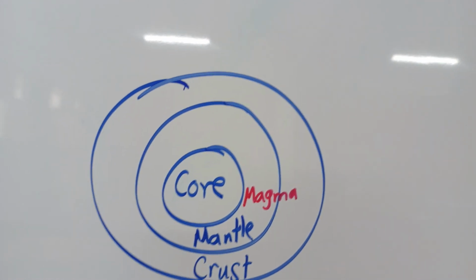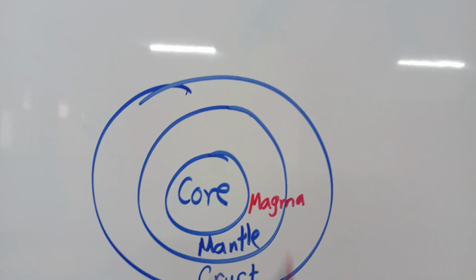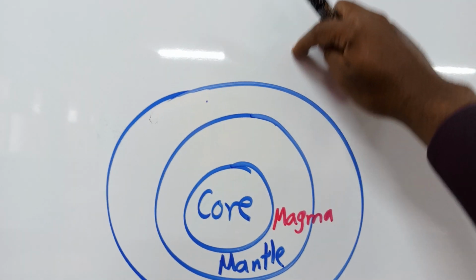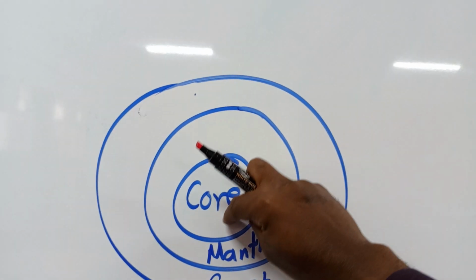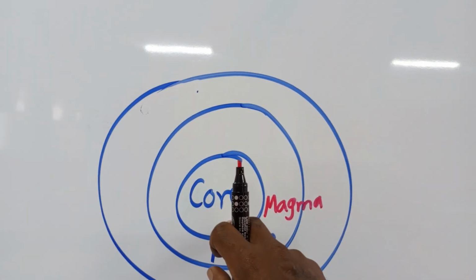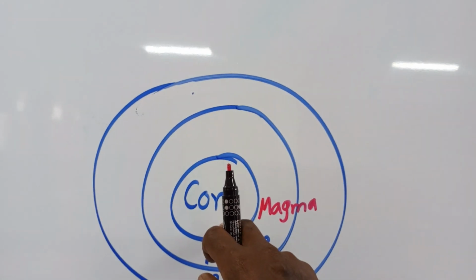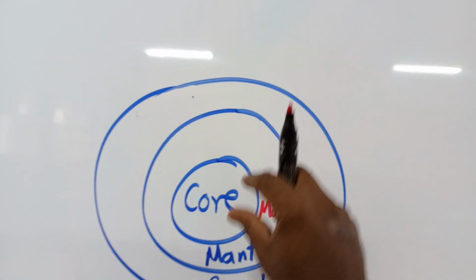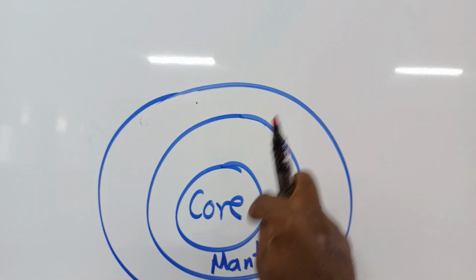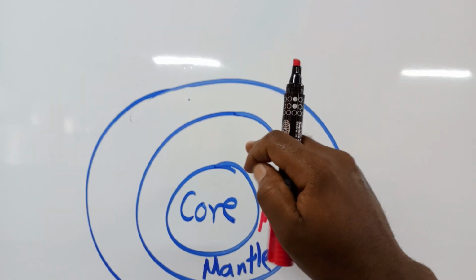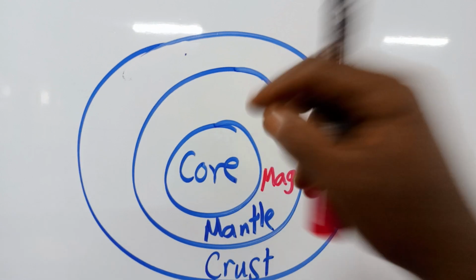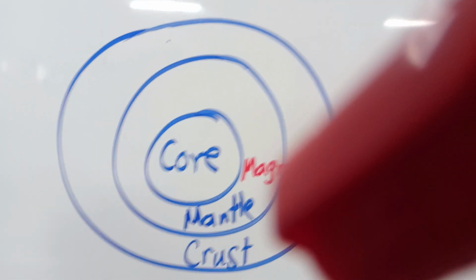Because from the earthly surface, the outer part from the crust to inside, the temperature increases. The core is the hottest and it is solid, so it is solid and hot, which heats the materials in the mantle and melt them to make them